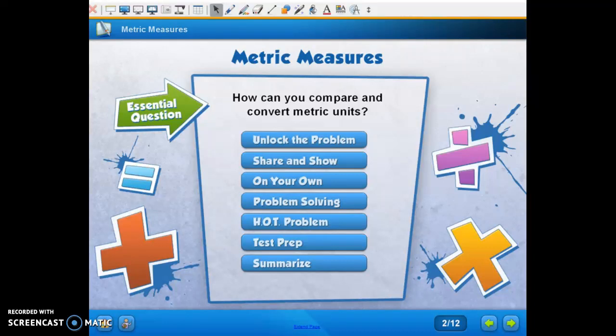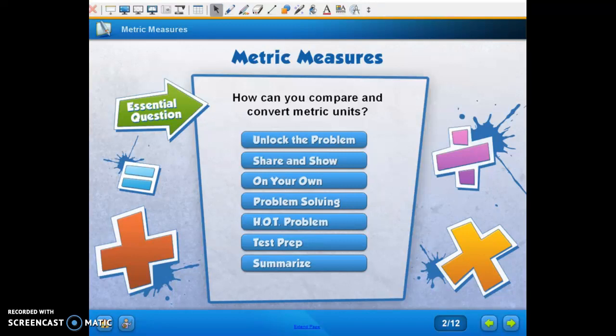Good morning. Today we're going to look at lesson 10.5. It's metric measure. How can you compare and convert metric units? Metric units are actually easier than customary units because it's all on that base 10 system that we've been using in our place value. So when you move from one metric measure to the next, you're just moving by tens